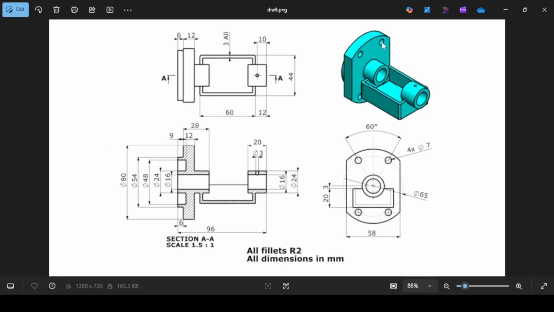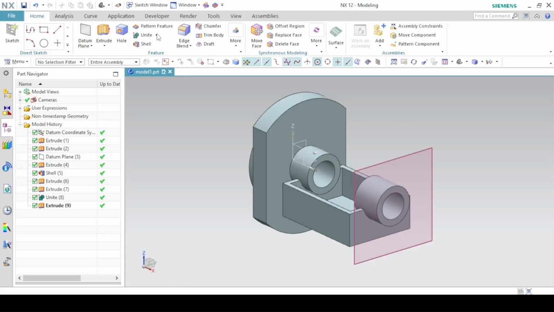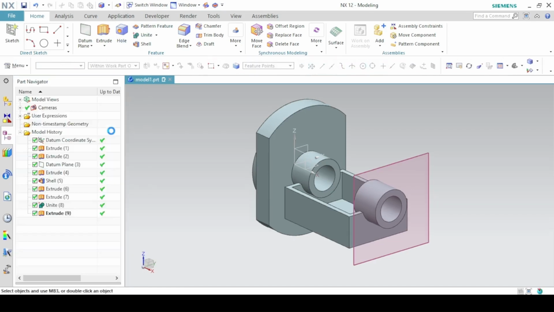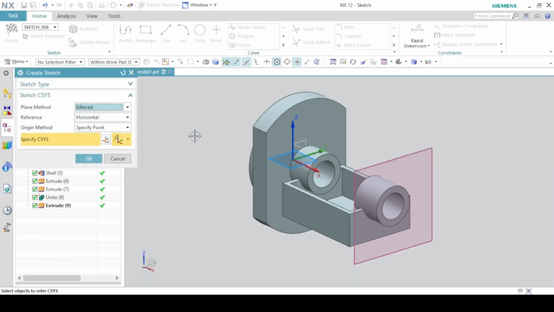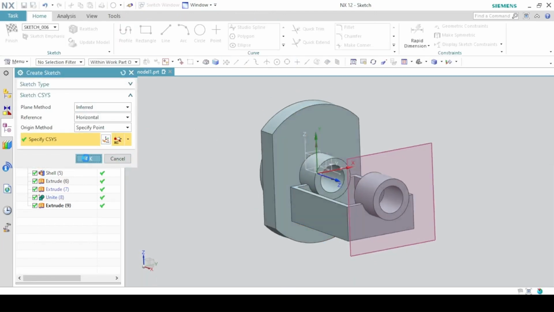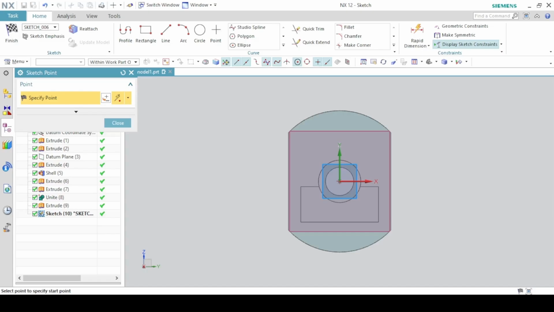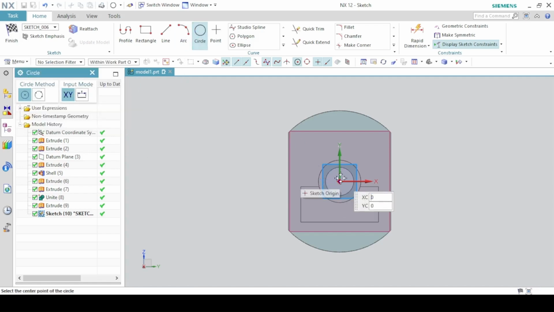Then we create these 4 holes. So with the hole feature, come to sketch section. We want to specify the centers of the hole. Click on this face and okay. First we get a circle of diameter 65, a vertical line and an inclined line at an angle of 60 with the other center, but the vertical line divides the angle into 2, so the angle between this inclined line and the vertical line should be 60 divided by 2, which is 30. So first a circle of diameter 65,